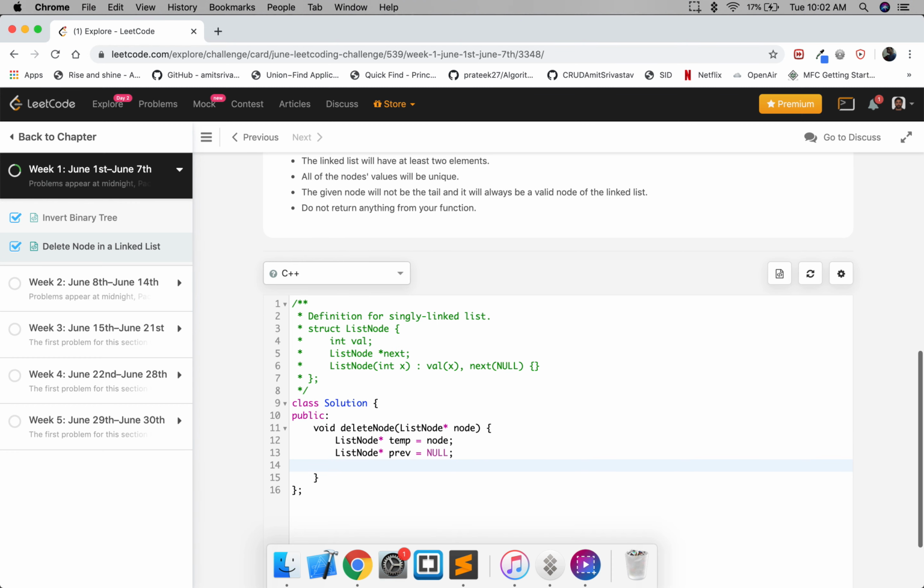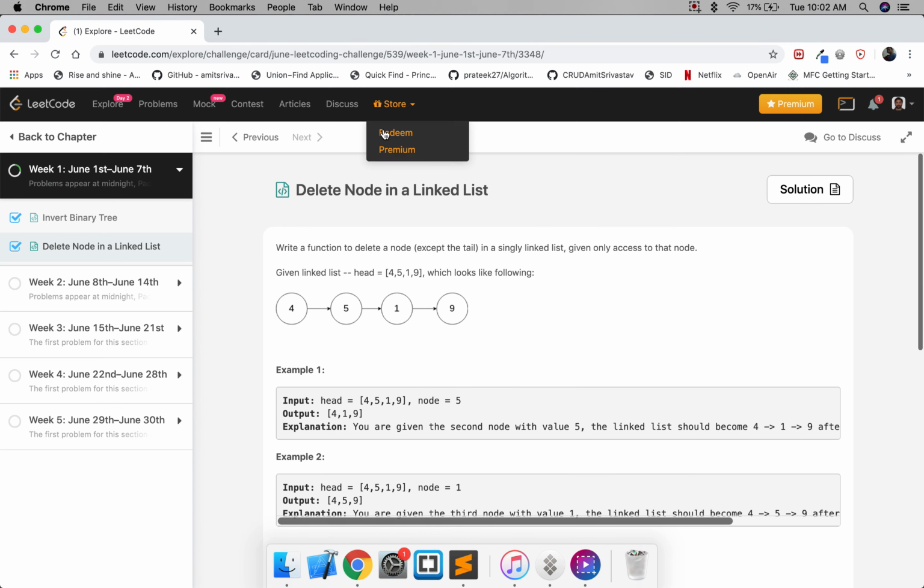The whole idea about solving this problem is, rather than deleting the particular node, what we are going to do is we are going to shift the values. So what does it mean by shifting values? It means that we are going to replace the value 5 by value 1, and so on. When we are at 1, we are going to replace the value of 1 with value 9. So if you see closely, what we are going to have after doing this is we'll have 4, then 1, and then here it's going to be 9. So we will be left with the last node. So then we can easily delete that node and our question would be solved.